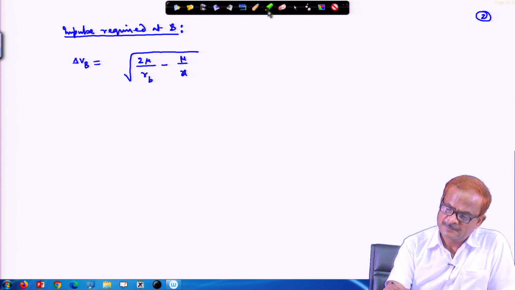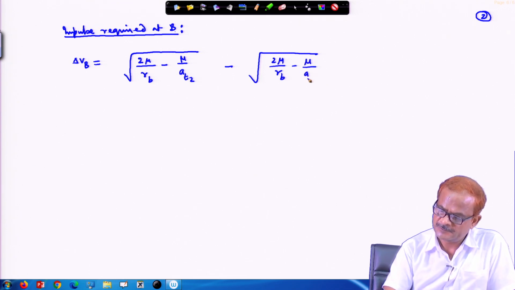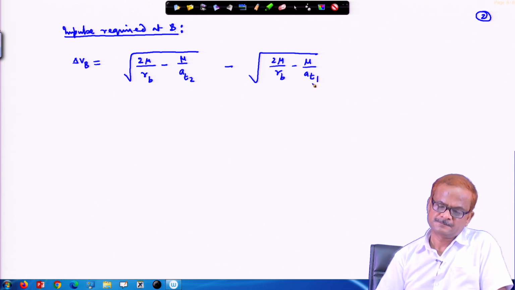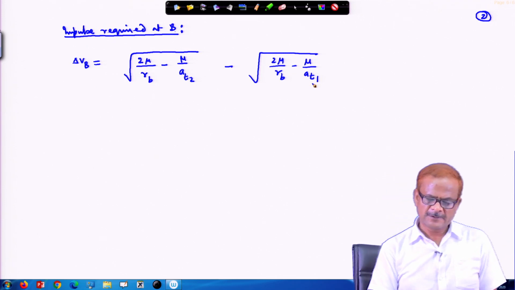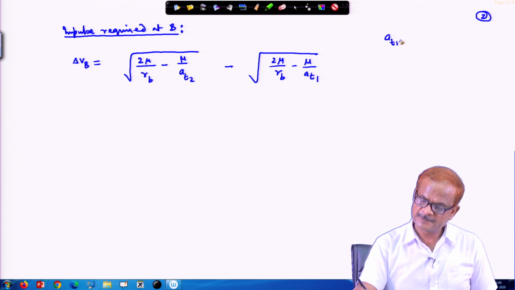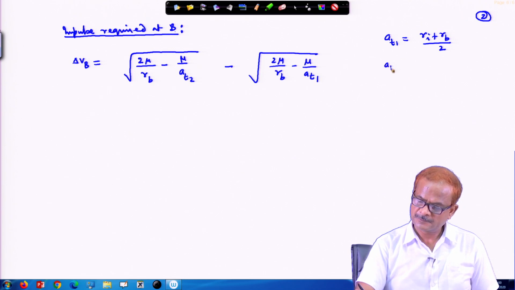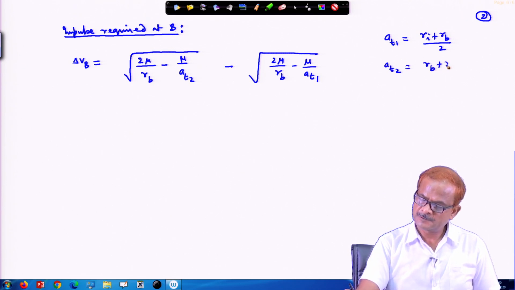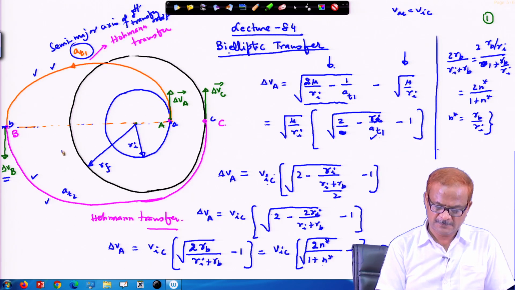After providing the impulse, it is going into the second orbit. So, it has now been thrown into the second orbit a T 2, and minus 2 mu by r b, since the radius has not changed. Before the impulse, this relates to a T 1. And then we need to simplify it. a T 1, we know this quantity is r I plus r b divided by 2, and a T 2 is r b plus r f divided by 2, as is evident from this figure.